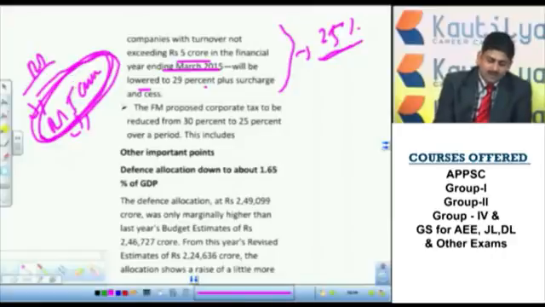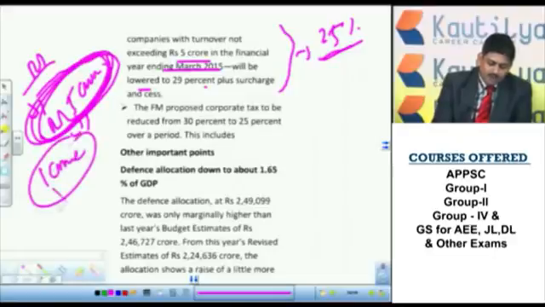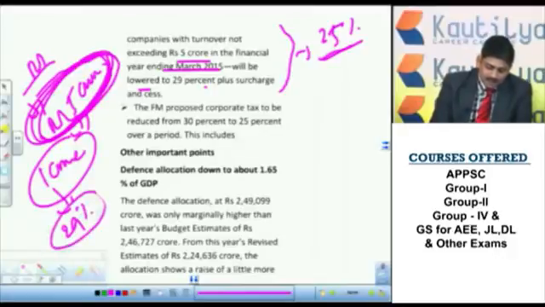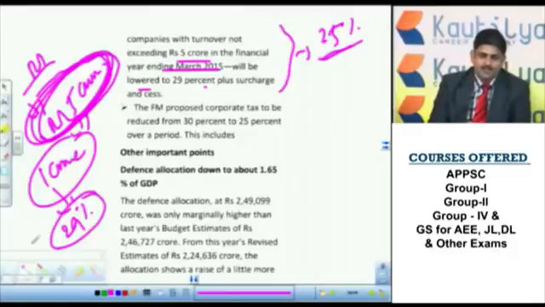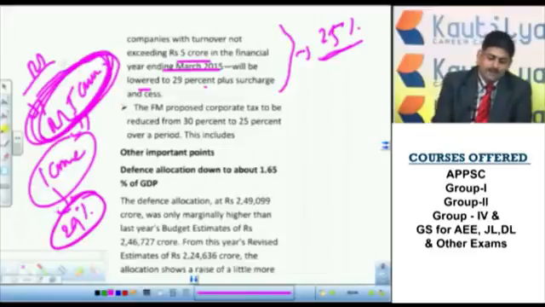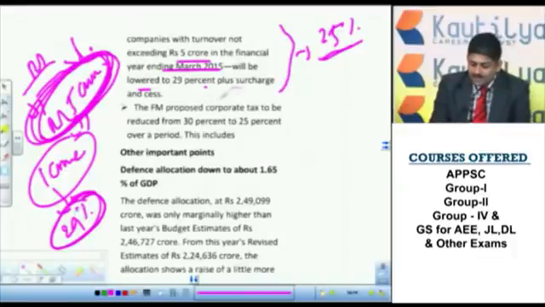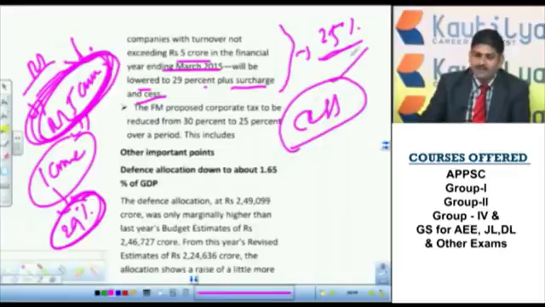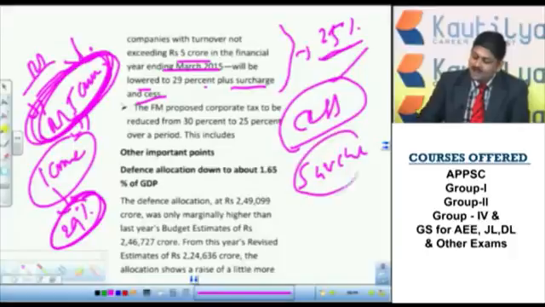So assume that in this turnover the profit is 1 crore. Earlier they had to pay 29% as corporate tax. Now this time they need not pay this 29 crore. So this will be reduced. Not paying does not mean total exemption; it was actually reduced. That's what I want to tell. If turnover increases to more than 5 crore, they have to pay 29% plus surcharge plus cess. What is cess? I already explained what cess is. That is collected for a specific purpose. What is surcharge? Surcharge is tax on tax.